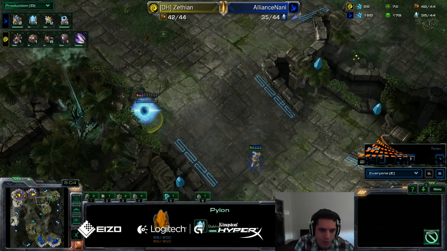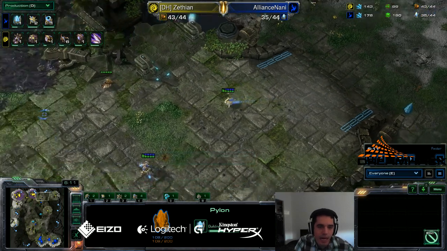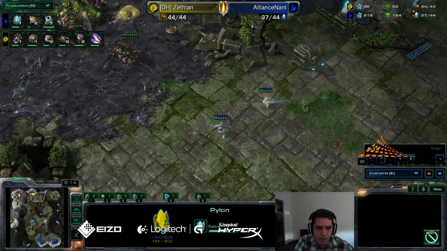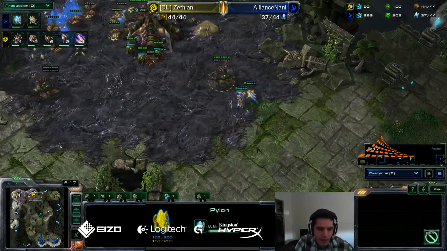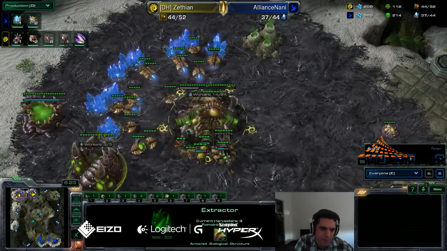So we're seeing one here in between the natural and 3rd base. That's pretty much as close as a pylon can get. Now, it's going to be up to Icy to scout that this pylon is here. Now, he's staying on 2 bases, interestingly enough. I haven't been looking at what he's been doing. Got an early gas. It's pretty standard, especially when you're...